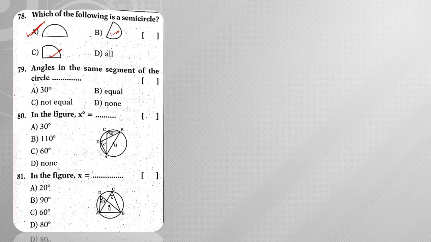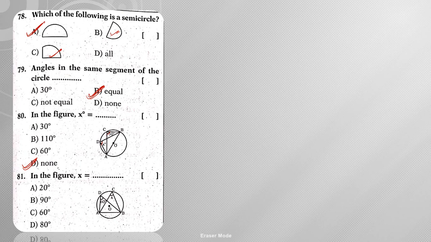Angles in the same segment of a circle are, so angles in the same segment are equal. So the same concept we can apply here. So this is not the diameter, right? If this is the diameter, this should be 90 degrees, which is false here. Now clearly, if you observe, AB is the chord and this angle is 50 degrees. Then automatically angle X also will be 50 degrees because angles in the same segment are equal. Hence the answer is none.